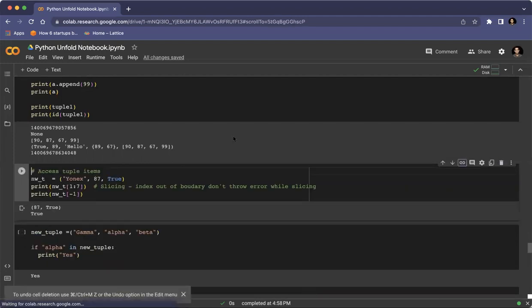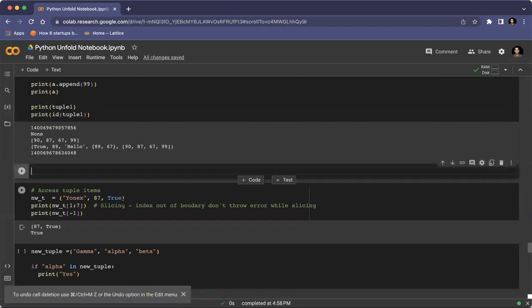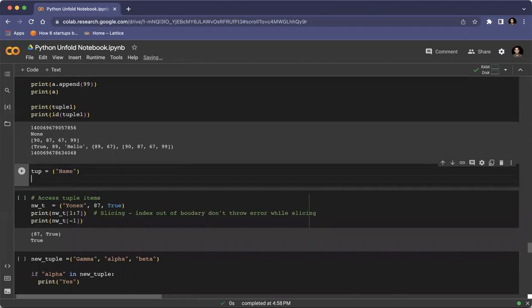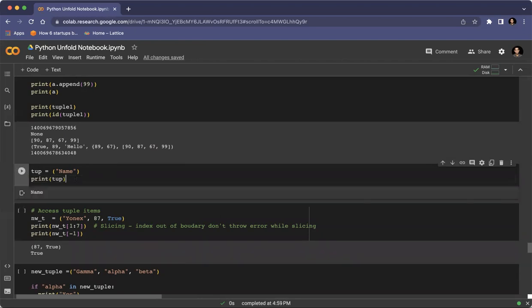Okay, create a tuple. Tuple equal to this, and I assigned a name to it. Then print tuple name. Okay, if I do this,